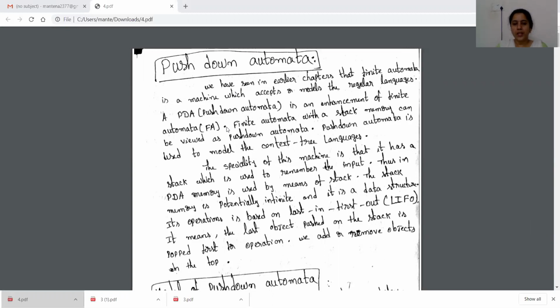In pushdown automata, the format is similar to finite automata except for the stack. Here pushdown automata has the extra capability, that is stack. So we can also say it has some extra memory, the stack. As we have some extra memory, this automata will generate more languages than the finite automata. And we know that stack means it operates in the last in first out manner.